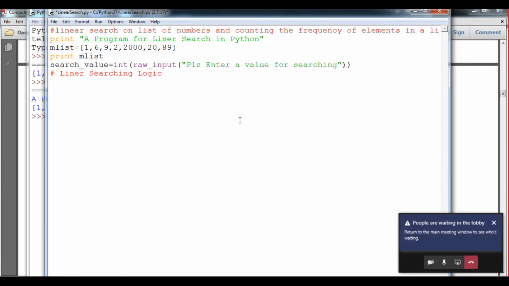After this part, I will simply traverse the list through the loop variable i in M list.